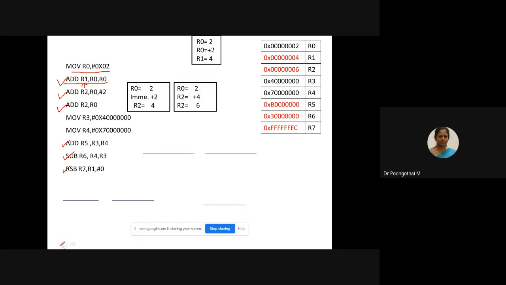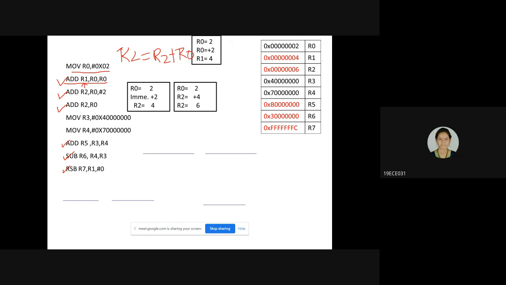Is that clear? So the operation is R2 equals R2 plus R0. So we can use the add instruction with 2 register operands. Is that clear? Yes, ma'am.